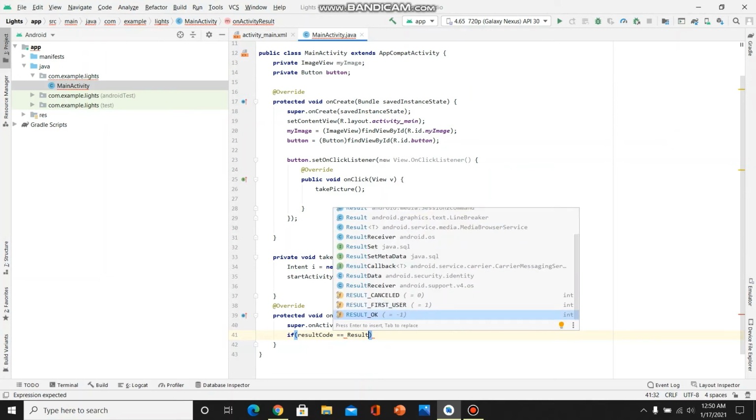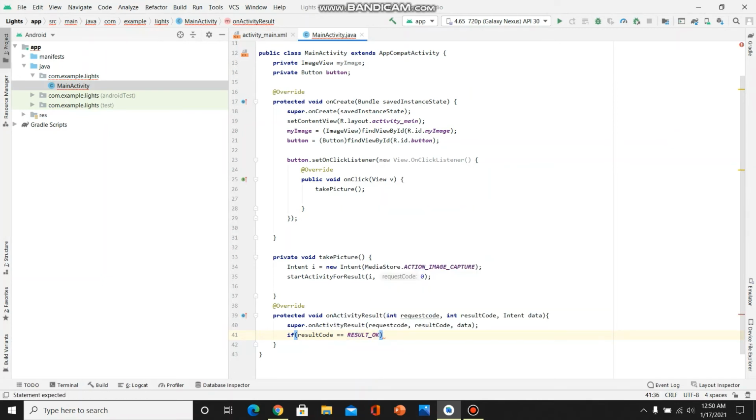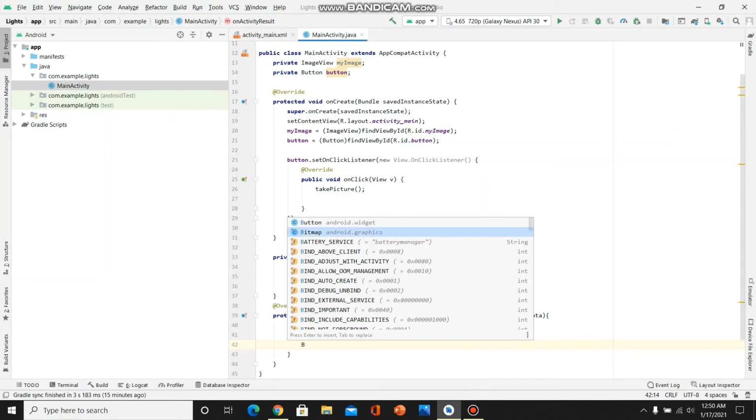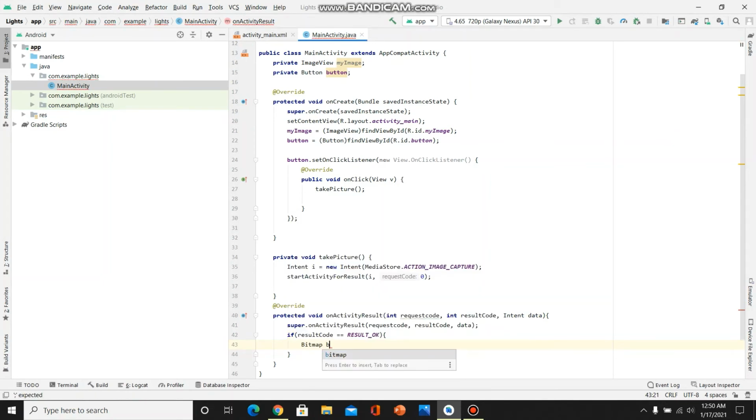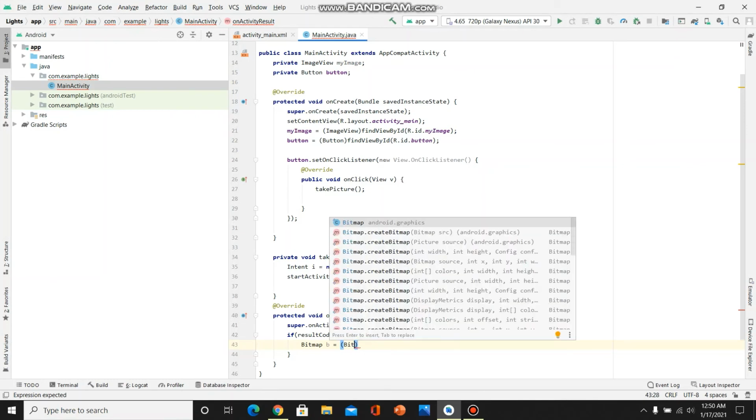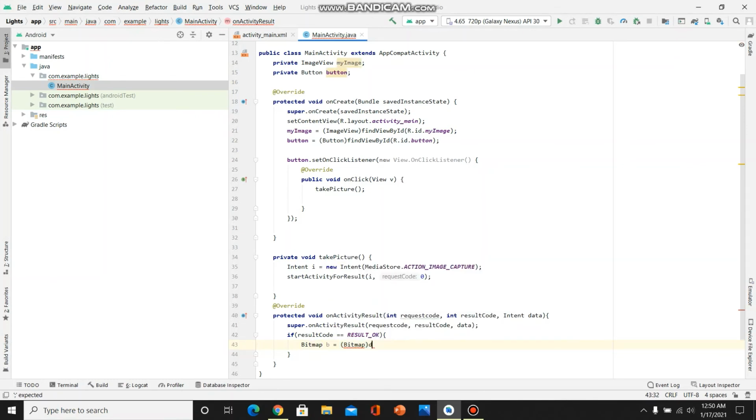Yeah, there it is. We're gonna choose that, and in this body we are going to write bitmap, the graphics which you can see, and we are going to call it B, which equals to another bitmap that I'll use over here, and data